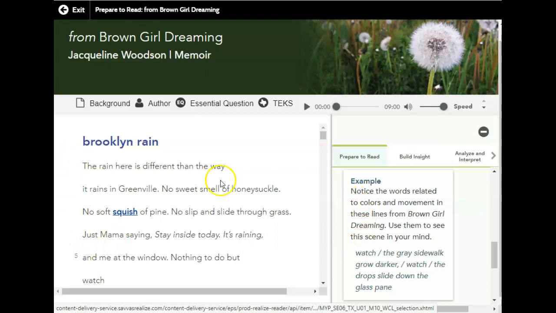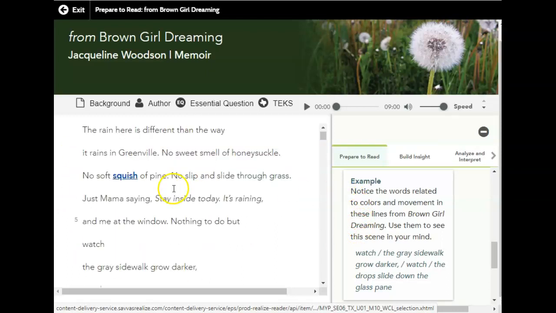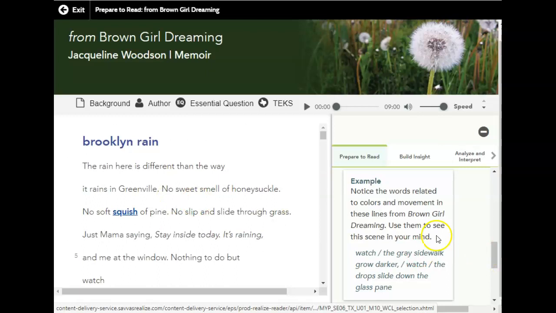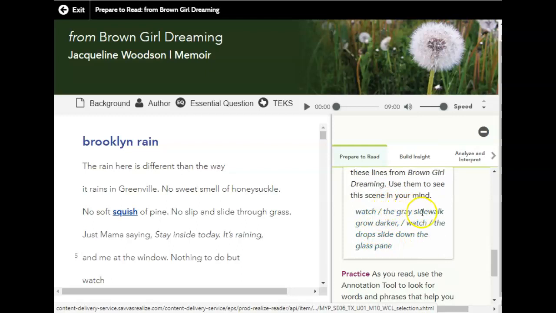you are going to give a first read to this passage from Brown Girl Dreaming. It says, notice the words related to colors and movement in these lines from Brown Girl Dreaming. Use them to see this scene in your mind. Watch the gray sidewalk grow darker. Watch the drop slide down the glass pane. So you can really see how she uses imagery, that sight imagery, so that you can picture those raindrops on